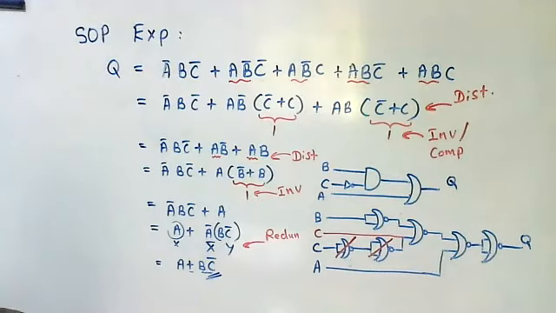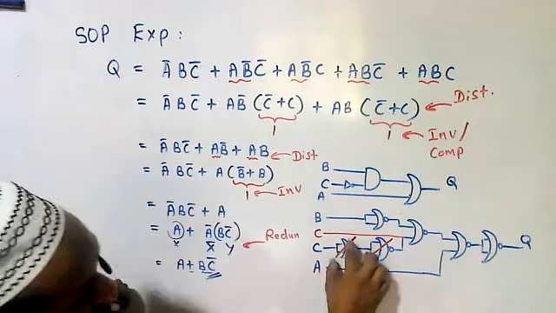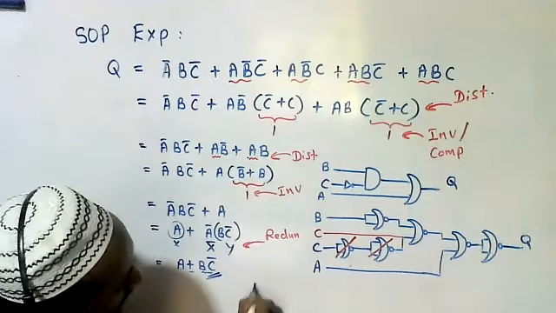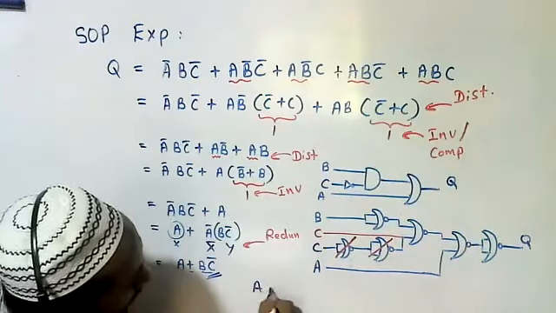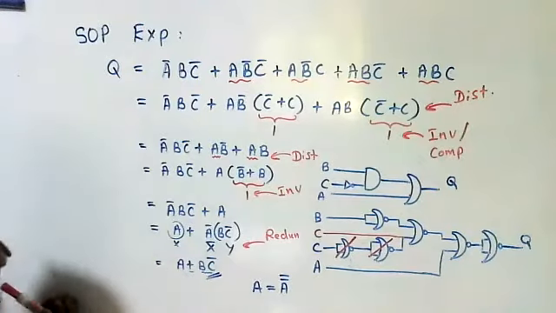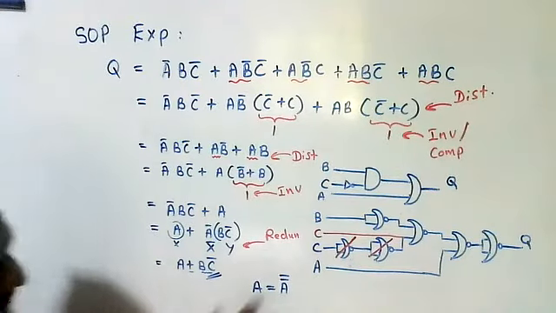Is it clear? Are there any doubts? Those who got correct, please raise your hand, students. If you got the circuit like this, that means, excuse me, how to find out which gate we have to cut? That means the double complement law. Double complement law means A equals A bar bar.